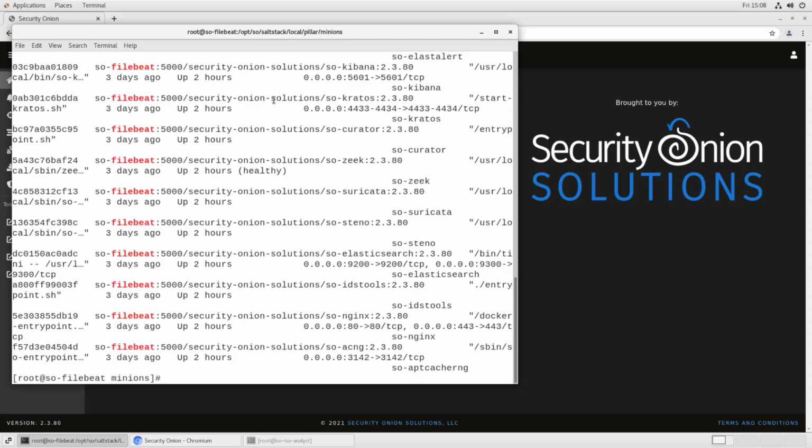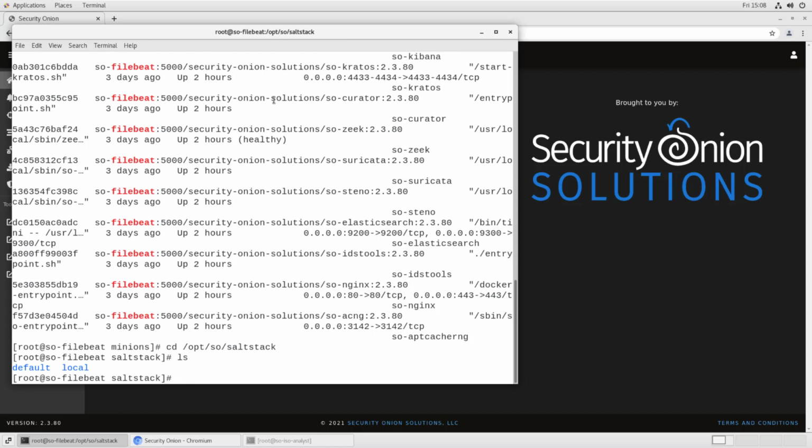Now, in Security Onion, you'll see if we look under Salt Stack here, there are 2 directories. There's default and local. Default contains the configuration that comes with the platform by default. So this is something that is updated every time you run SOUP, the Security Onion updater. We don't want to make changes in default because they'll be overwritten the next time a new version of Security Onion comes out. What we want to do is copy that configuration information into local, which is the directory tree for local changes, and make the changes there. Anything that's in local will take precedence over its counterpart in default. So we'll go into local,